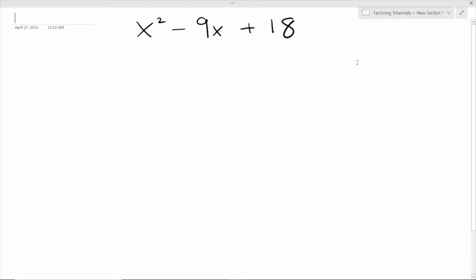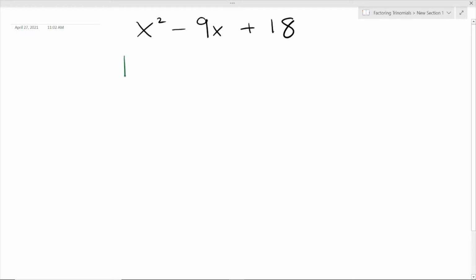Today I'm going to be showing you how to factor trinomials. So as with the name trinomials, right? Tri means three, so here we have three terms: 1, 2, 3. We're trying to factor these trinomials, and the way I really like factoring these trinomials is, first I like